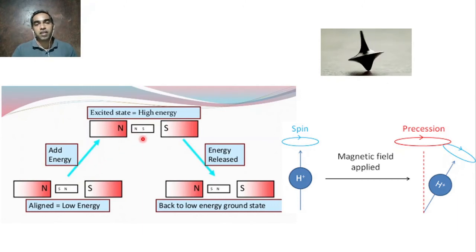That energy you have applied in the form of radiation, when you remove it, the nucleus will come back to the original state. Now you measure the spectrum, either energy released or energy absorbed, and that characteristic energy will be characteristic of that nucleus. Measure it and you can find what type of nucleus it is. This is what NMR is. In simple words I explained it. So this is what happens.